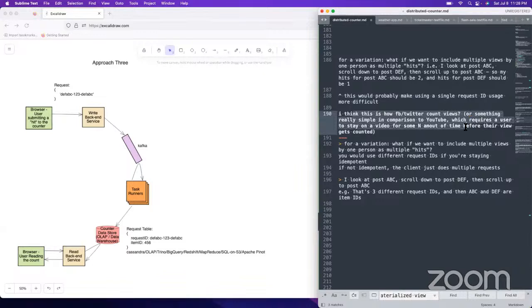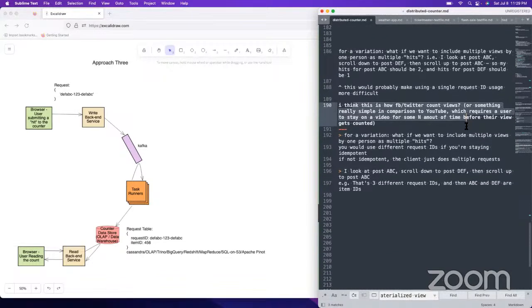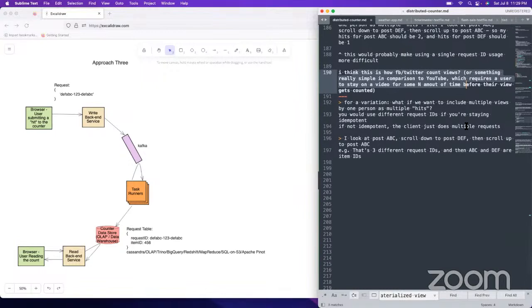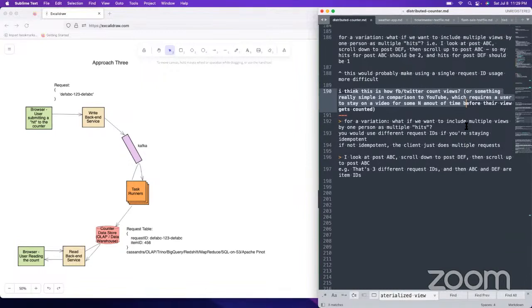Yeah, I think it is multiple requests though, and depending on whether or not you want to make them idempotent, it would be one variation versus the other. It depends on if you're going to make it idempotent. But again, you can also batch up those view events into one thing that you periodically pull with.